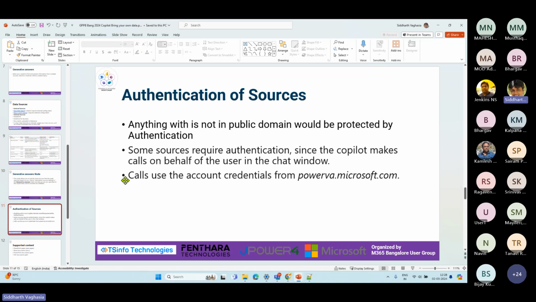Now, talking about authentication, right? I was talking about why it is important. If there is something in the public domain which is already anonymous access enabled, it doesn't require authentication, right? But if your data is in your SharePoint or OneDrive, then it needs authentication. It means we should be authenticating the user, so that the end users who are accessing the bot